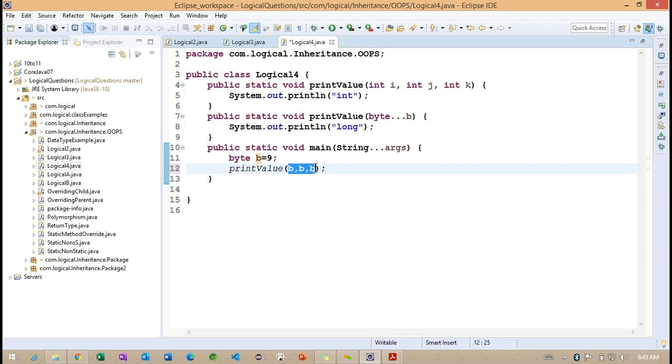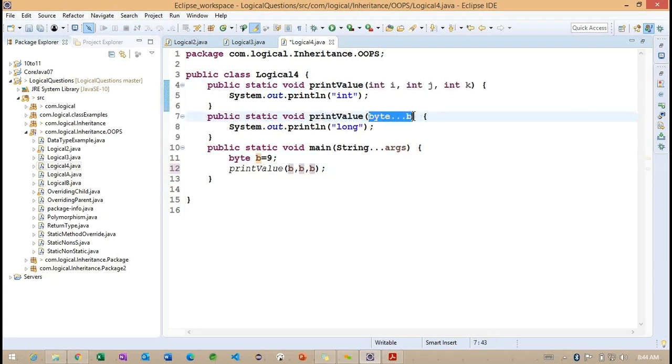We have this int type. If the byte is not available, the compiler is going to convert this byte value into a bigger data type, because a small value we can easily convert into a bigger one. So the value is converted and calls this particular int.